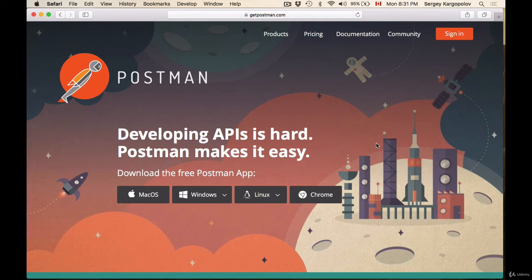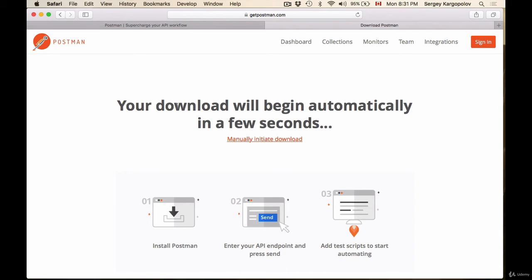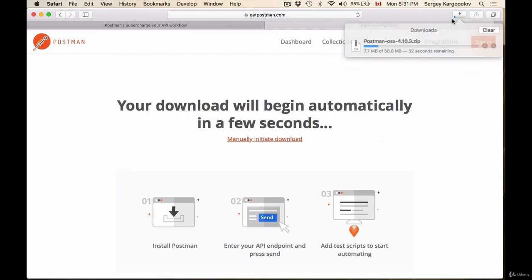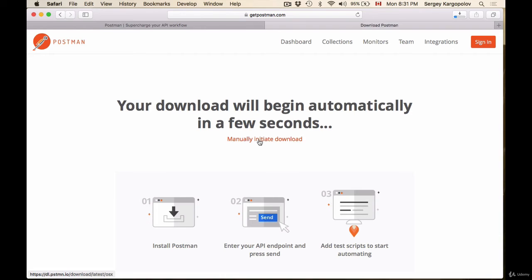So the download process is very simple. To download Postman to your computer, just click on, I'm running Mac, so I'm going to click on Mac OS, and it will take me to the page which should begin the download automatically. For me, the download has started already. I can see it here in the download section. If it didn't start for you automatically, simply click on this link to manually initiate the download, and it should download the